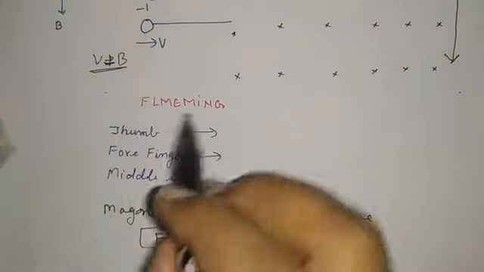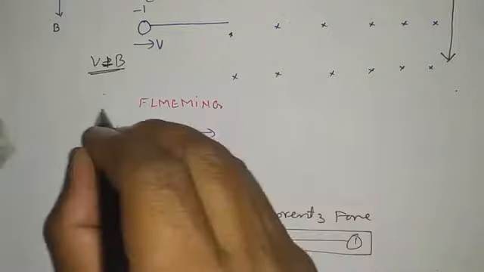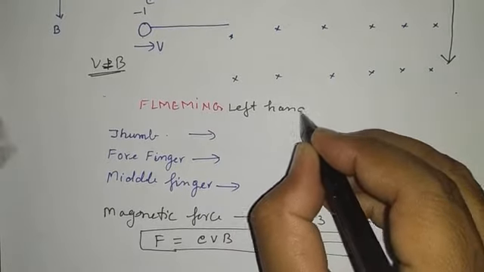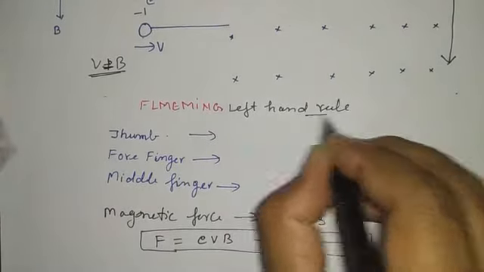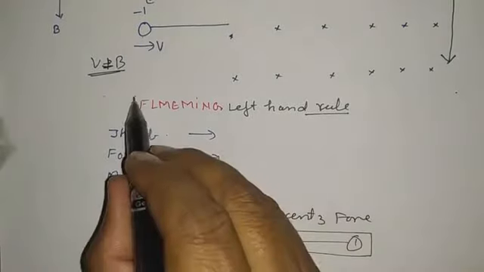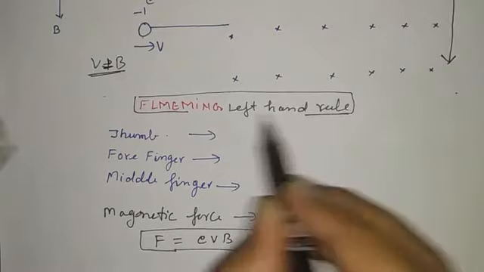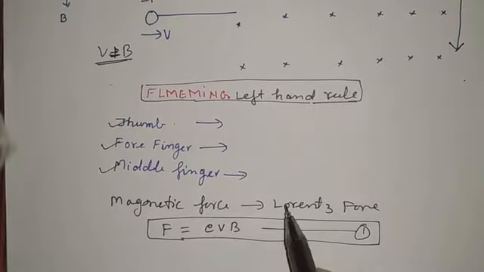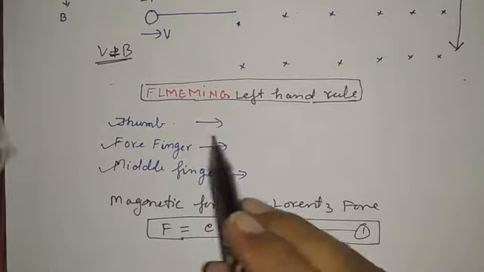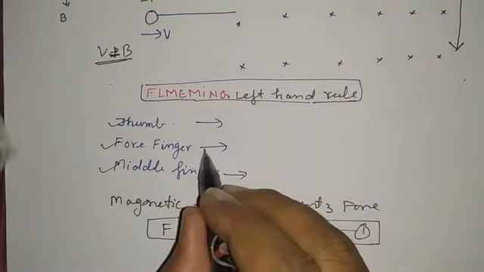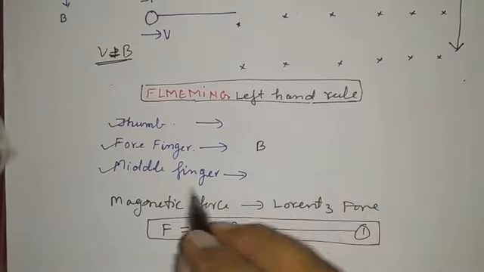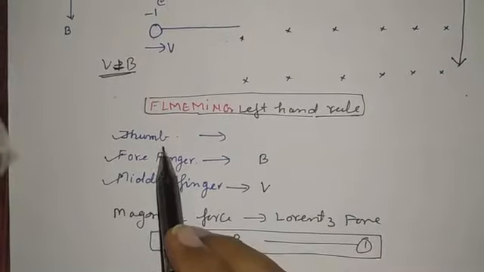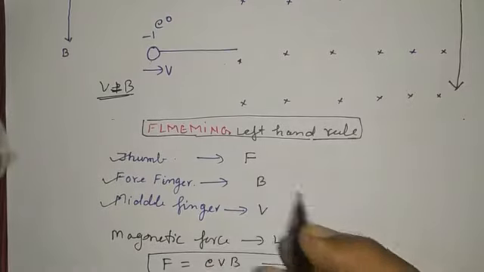Since magnetic force is a vector quantity, its direction is obtained by Fleming's left hand rule, which says: when we stretch our thumb, forefinger and middle finger in such a way that they are mutually perpendicular, the forefinger points in the direction of magnetic field, the middle finger in the direction of motion of the electron, then the thumb points the direction of magnetic force